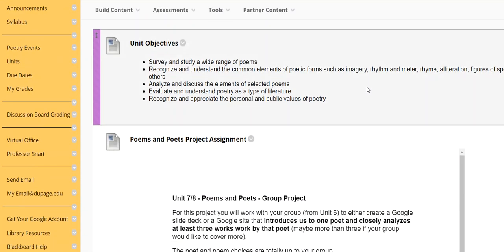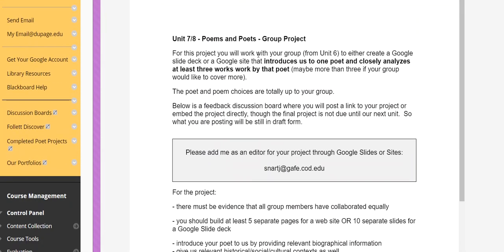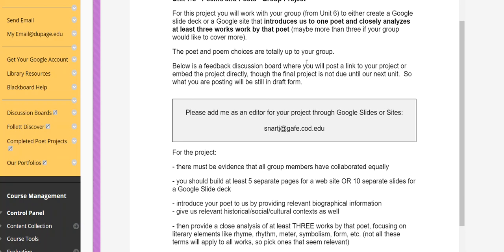What you'll see here is the assignment itself, asking your group to build a project where you are introducing us to one poet of the group's choice, hopefully someone interesting to everybody, and closely analyzing them through at least 3 works by that poet. So again, pretty traditional, right? Sort of a quasi-research project, but you are free to choose a poet that is interesting to you and particular works by that poet that, again, are hopefully to some degree interesting to each of the various group members across all of the groups that we've got. So this is just initially getting us started here.